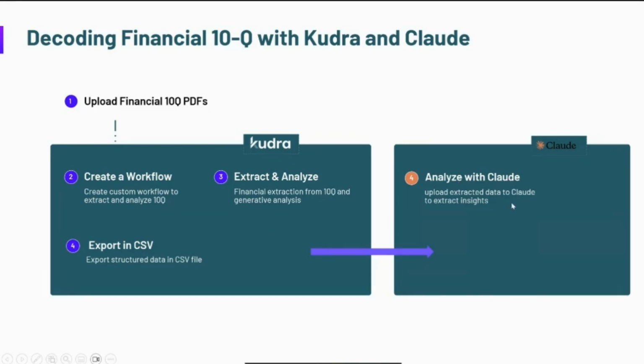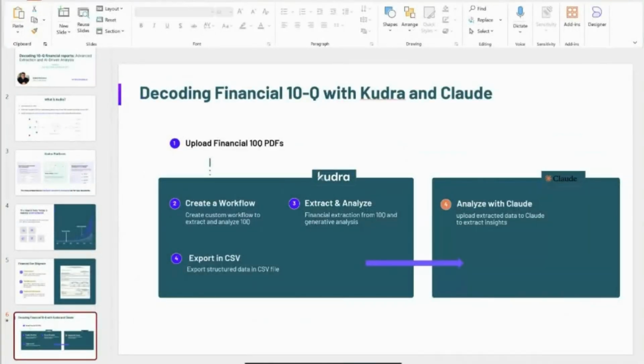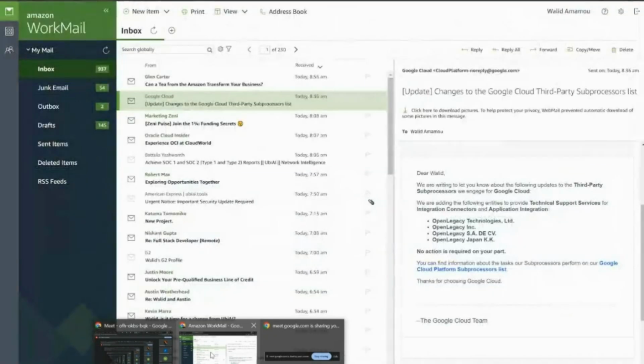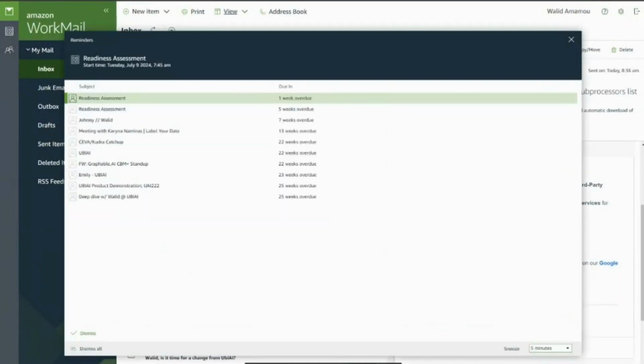and then we're going to feed that CSV file to Claude. Here we're going to ask Claude questions about our extracted data and do some analysis. And Claude is very good at that. It has one of the highest reasoning capabilities so far in the LLM space. So we're going to take advantage of that and see what we can get. Let's move on to the demo right now. Let's go quickly to the application here.